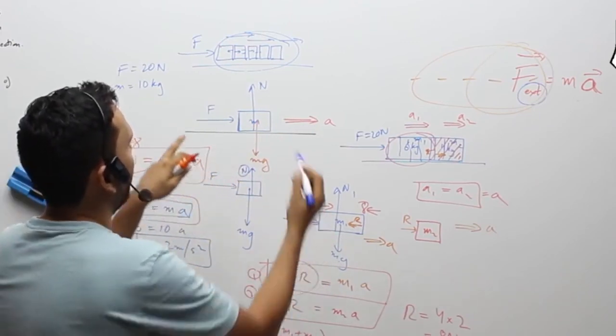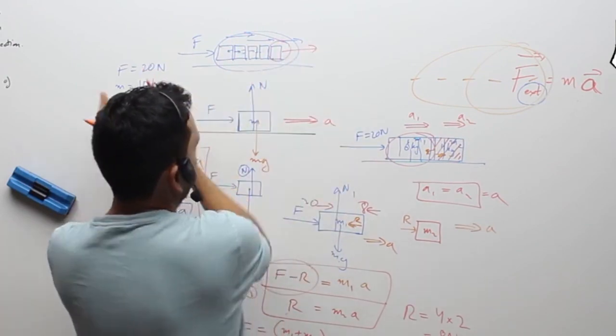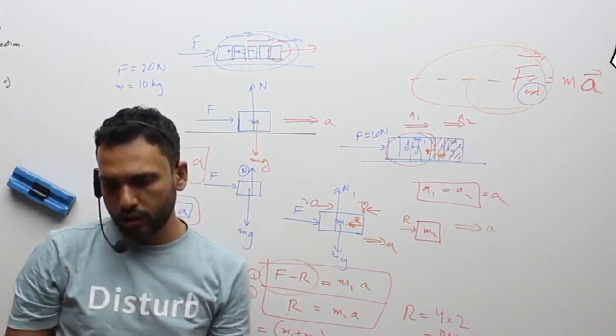Now the same thing, if I had pulled it from this side, then obviously only this will move and the rest is left behind. So in case of a pull, we'll rather use a string